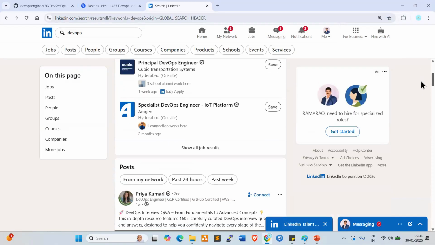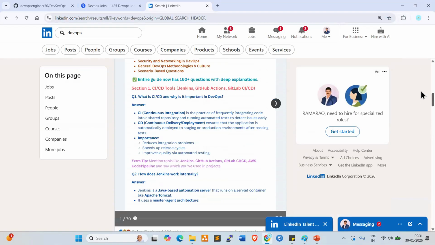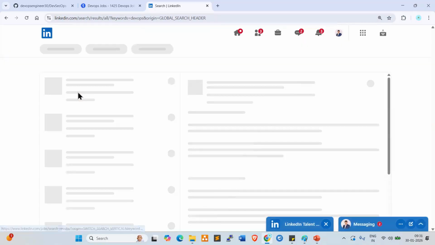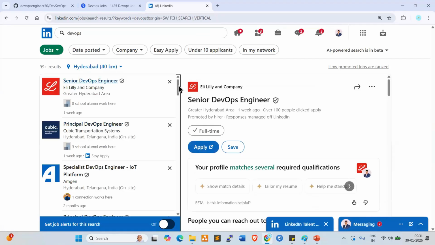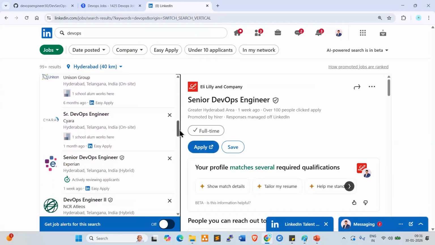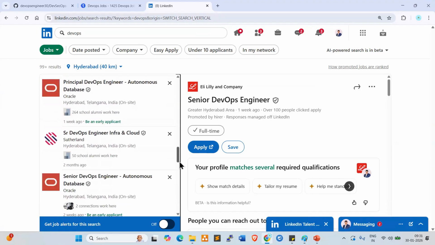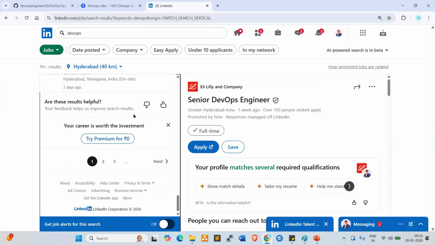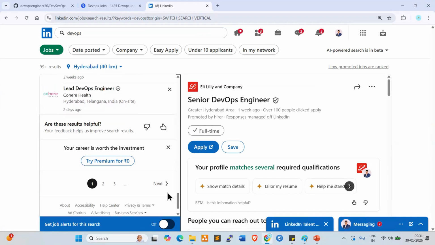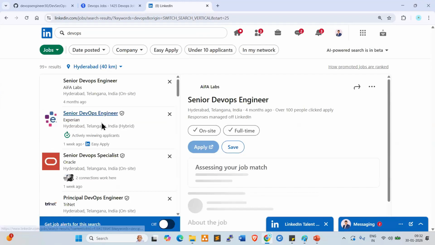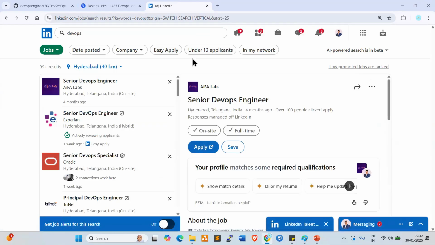These are all openings, so many jobs are available currently. Click on jobs. This is the first page of jobs, and so many pages are available.